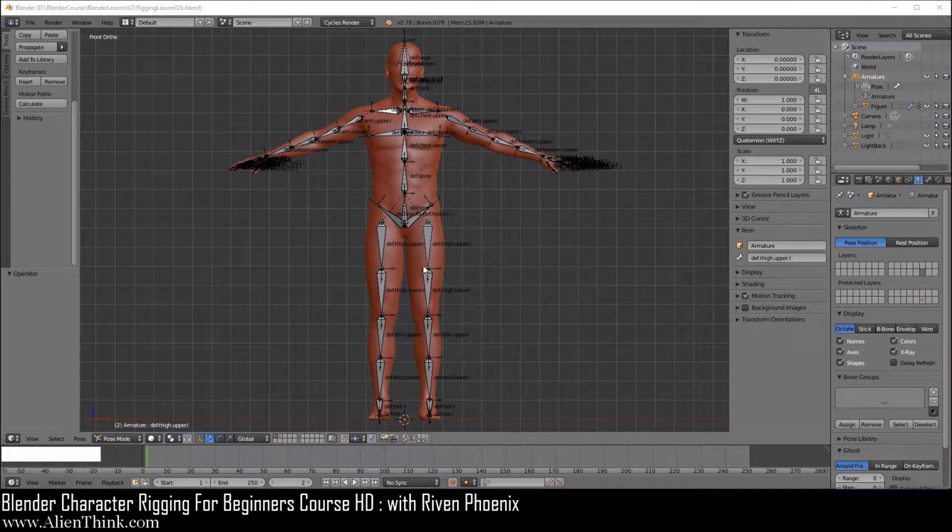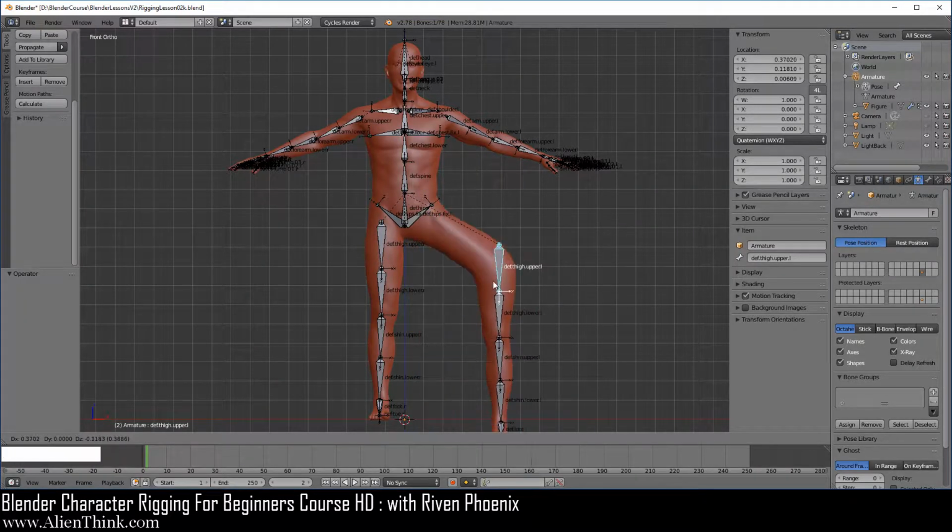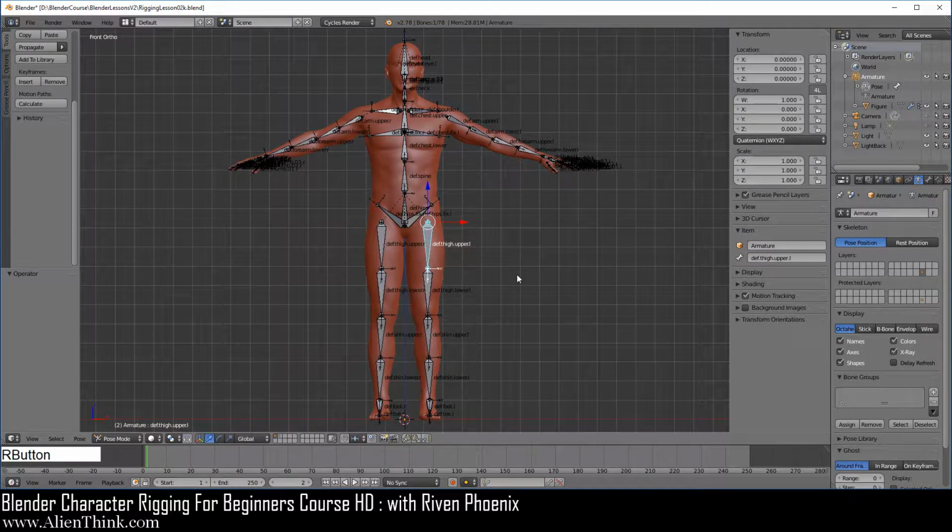Okay, so what we're going to do now is simply go through all the bones and take a look at how to lock down some of their features so the rig does not break from its original design. Meaning that if we click on the armature and go to pose mode, and click on this bone, we can actually press the G key and break the rig. Right click to cancel, and if we press the S key, we can also start to scale the figure.